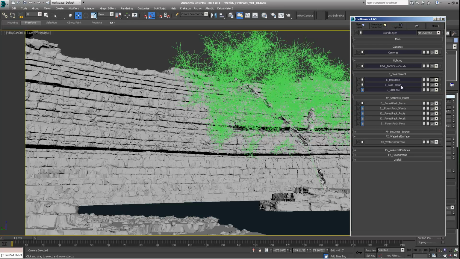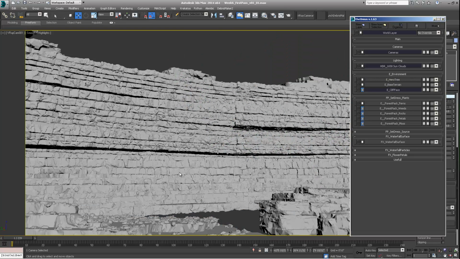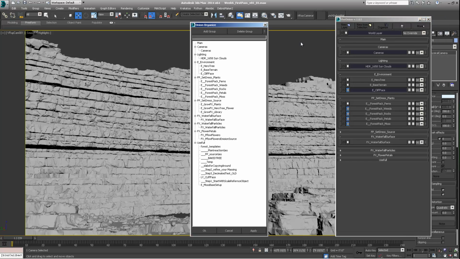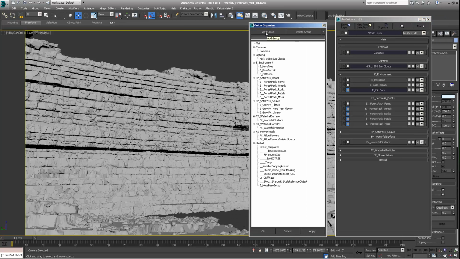So first, I would break this up into kind of a foreground, midground, background type of organization. So I would recommend that you guys also do that. So I'd create a couple of groups,